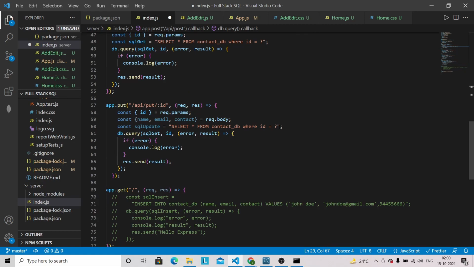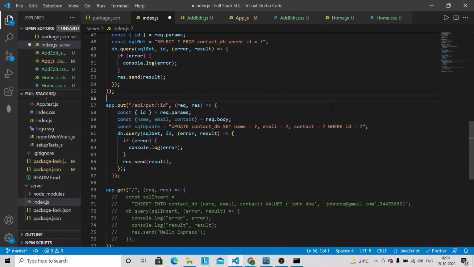So for updating the existing contact in MySQL, the query will be completely different. So it will be like UPDATE table name, so contact DB, then we can use SET name is equal to question mark, email is equal to question mark, then contact is equal to question mark, and we have to also specify WHERE ID equal to this.